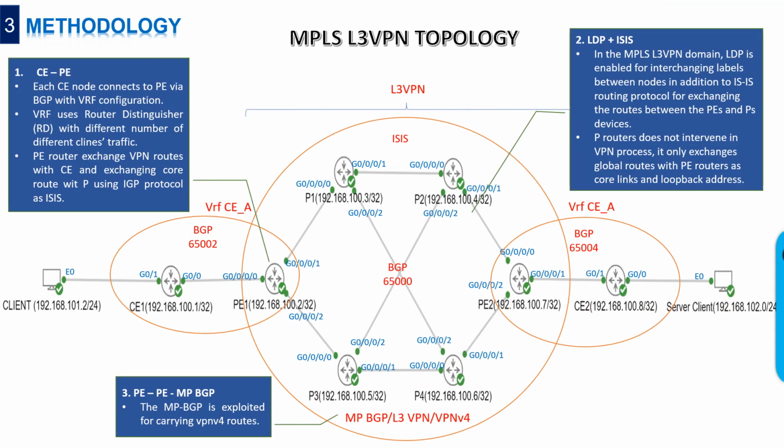PE to CE is the client customer edge router to provider edge router, where CE connects to PE via BGP, and then PE to PE is via MP-BGP. PE is provider edge, and then the P router is the provider router, which is the connection between branches to branches. Okay,